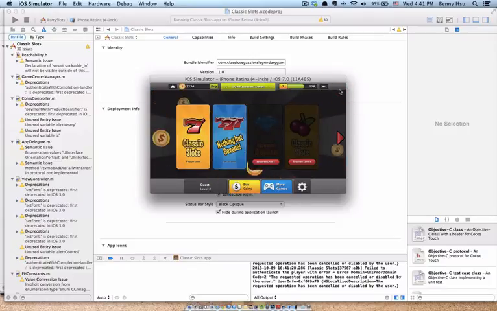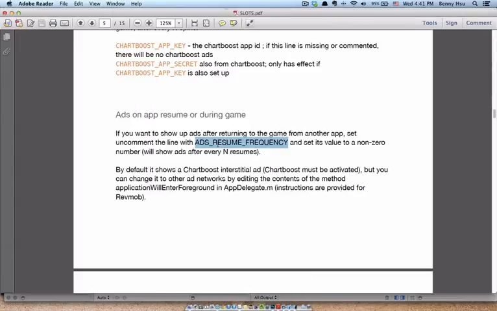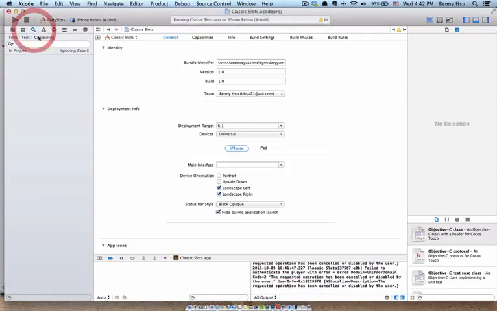Now, what I want to do is show you how to change how often your ad will appear, specifically the AppLovin ad, the one at the lobby, and the Chartboost ad, which is the one after the spin. So let's go to Xcode, and I'll show you where to change that. First, I've got to find out where to look. So in the documentation here, it's talking about ads on App Resume or during game. I want to find this line, because if I find this line, I'm going to be able to find everything related to the frequency of the ads. So I'm going to copy that, come to Xcode, come to the search area, again, my favorite spot, paste it,